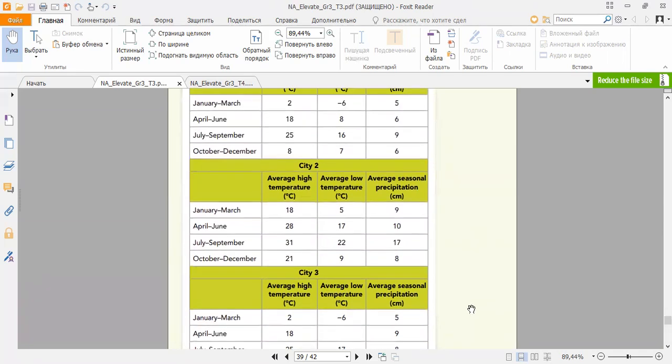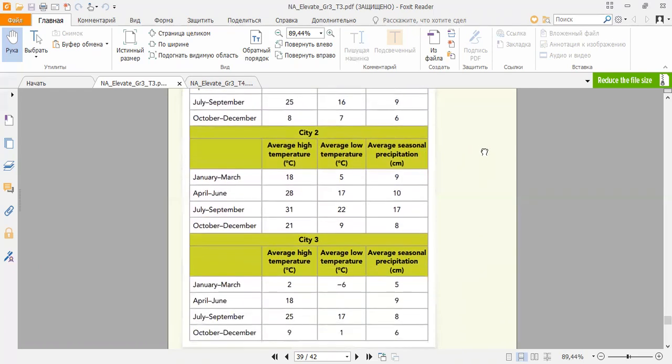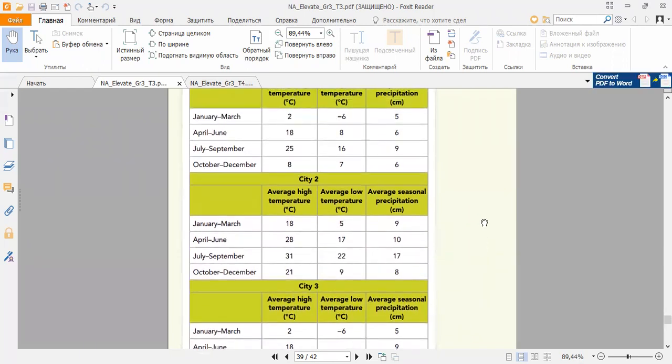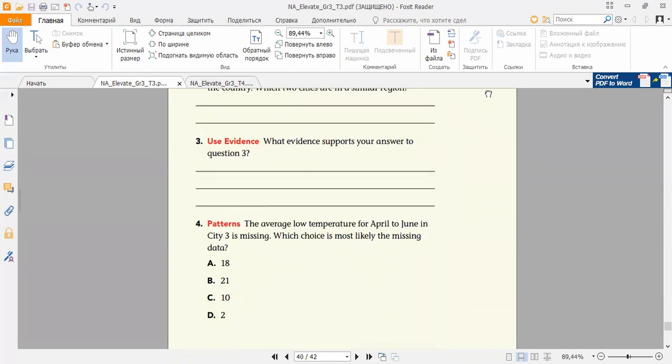So try to compare the number of precipitation and the lowest temperatures in city 1 in April, June, and choose the suitable number. There is an exact number, but which number is closer to it out of the four, A, B,